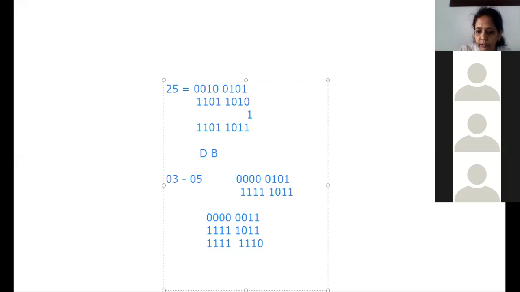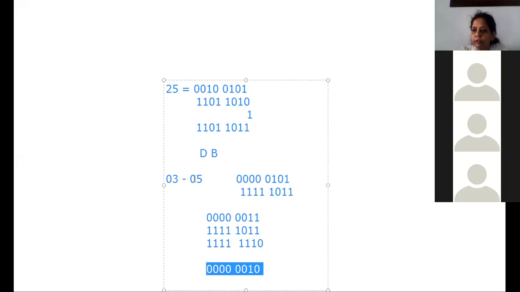So what is the 2's complement of FE? It will be 1 plus 0, 0, 0, 0, 0, 0, 1 plus 1. That will be 1, 0. So the final answer after taking the 2's complement of this answer is nothing but 0, 2 with a negative sign you have to give. So whenever you are subtracting the bigger number from the smaller number, there will never be a carry. And whenever you are subtracting the smaller number from the bigger number, there will always be a carry. That you have to remember.